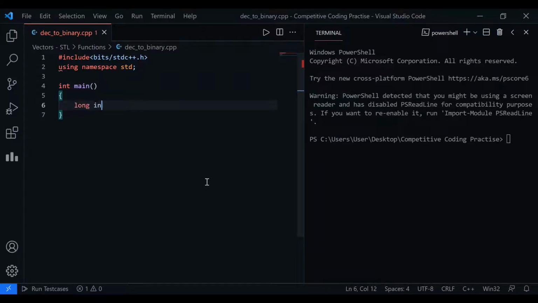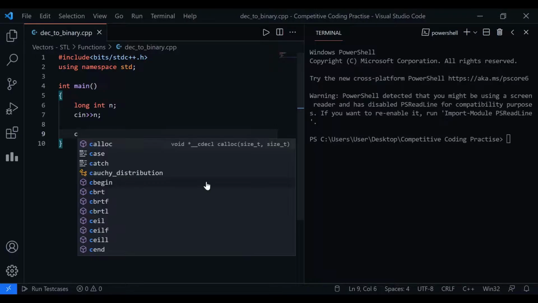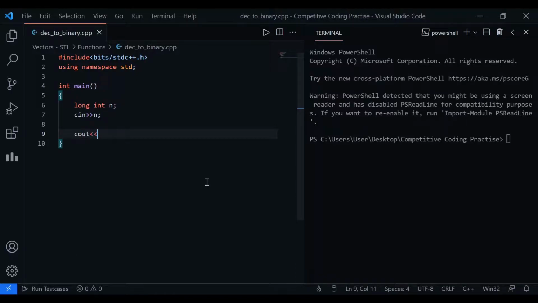Long int n. So first I'll be taking a number as an input. Let's say it's n, so cin >> n. I've used long int because there might be bigger numbers. Then cout << n, which is a decimal number, in binary.